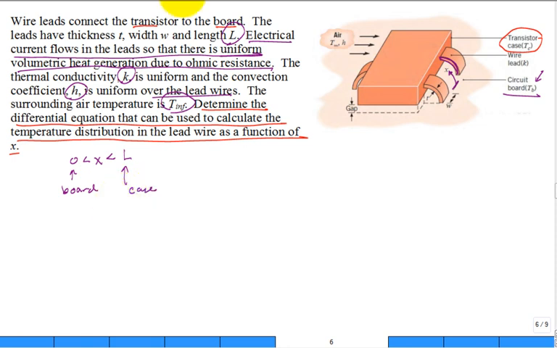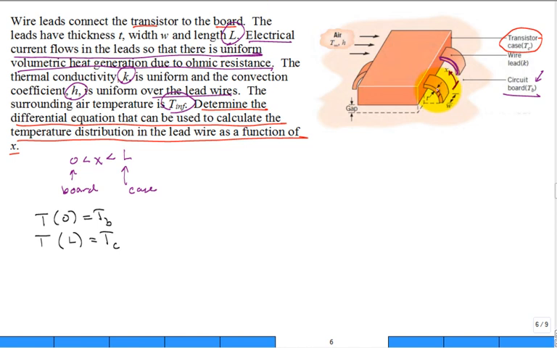So really my differential equation is going to be hard to get. My boundary conditions are really easy to get for this problem. The temperature at 0 is equal to the board temperature, and the temperature at the end of the lead wire is the case temperature. Those are my two boundary conditions, easiest boundary conditions. But now, how am I going to get my governing differential equation so that I can solve for the temperature distribution in the wire? Well, grab a little section of this